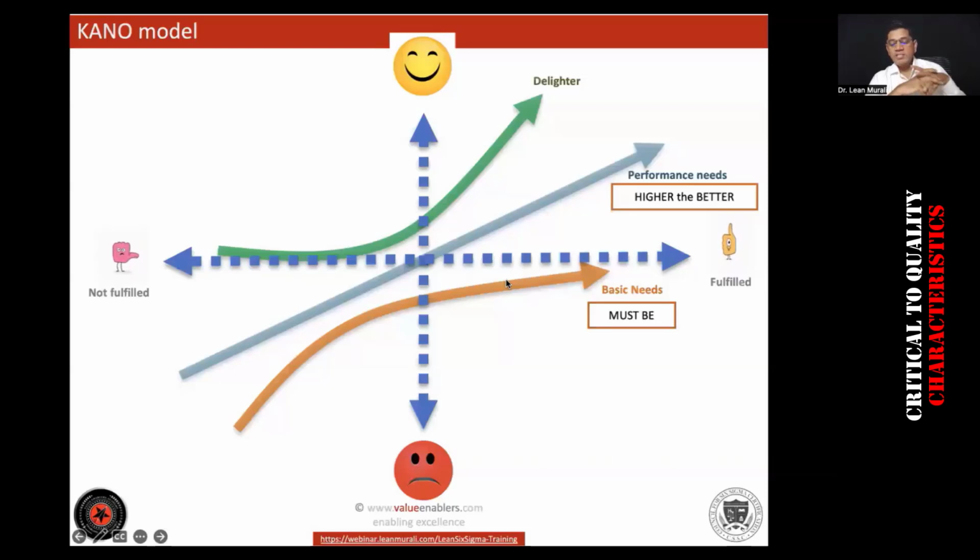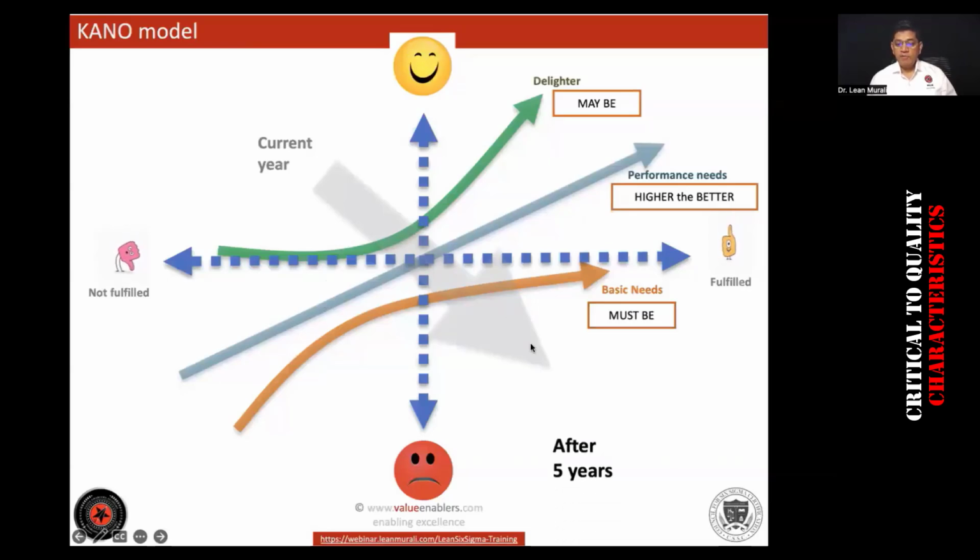Okay, right. So at the same time, if there's no welcome drink offered to you, you're not going to be sad, right? So this is called a delighter need. And for delighter need, all of you type MB in the chat box, maybe. All right. For example,